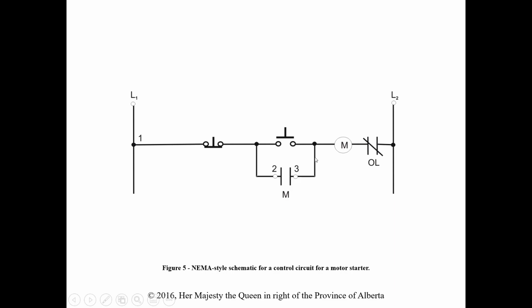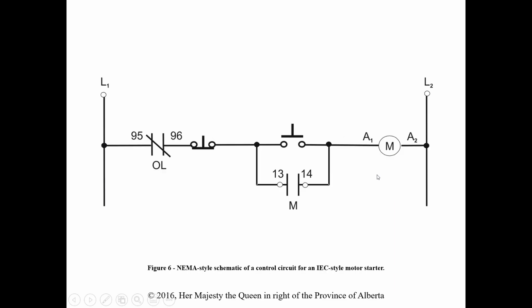In NEMA, specifically, we have this labeling of 1. The holding contacts, or the normally open contacts associated with the coil, are labeled 2 and 3. And our overloads are at the end of the circuit hooked to line 2, and they're just labeled as overloads. Here would be a NEMA style schematic. Okay, so not the vertical or the 90-degree twist on the rung. This is a NEMA style